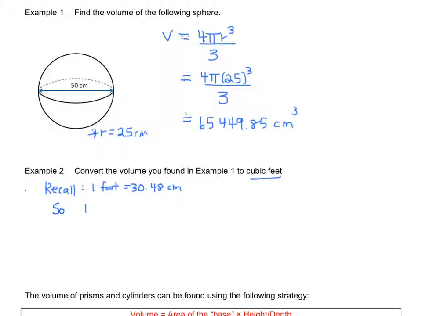So 1 cubic foot would be 30.48 times 30.48 times 30.48 centimeters cubed. And if we type that into the calculator, we find out that 1 cubic foot is